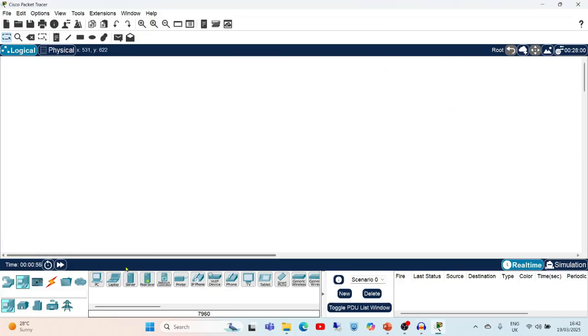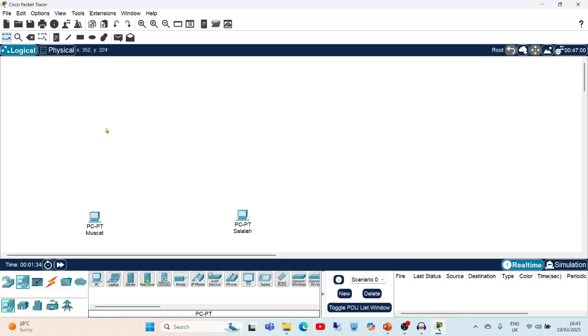Here I will be selecting PC 0 and PC 1. You can change the name of this PC also. Suppose this PC is in Muscat city. Just double click here so that it will allow you to change the name. And here this PC is in Salala city.